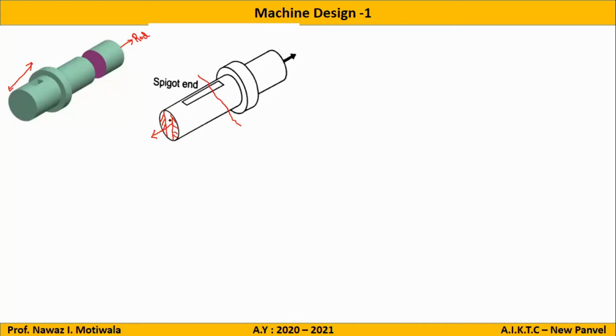Then what is the second failure in this part? Crushing. Yes, so observe here, this part which is inside will be crushed or pressed due to the pin action and due to the load applied. So again, it is a rectangle and the values are d2 into t. Then what is the next failure in this part?